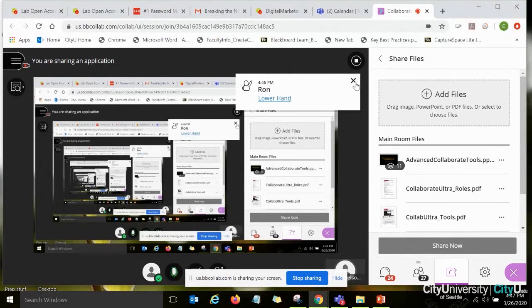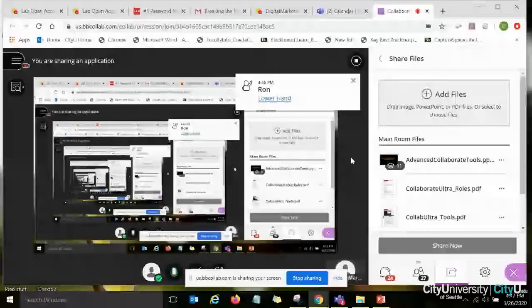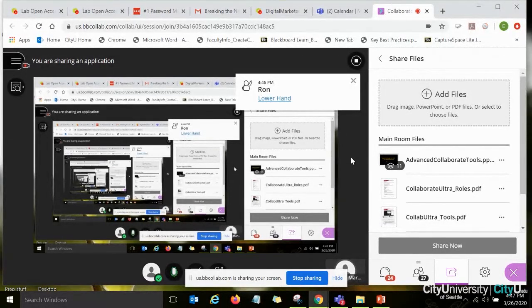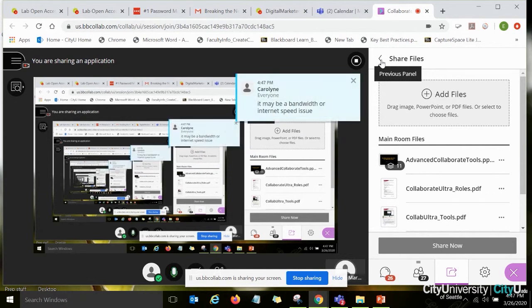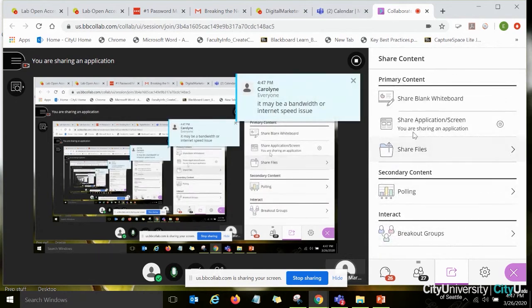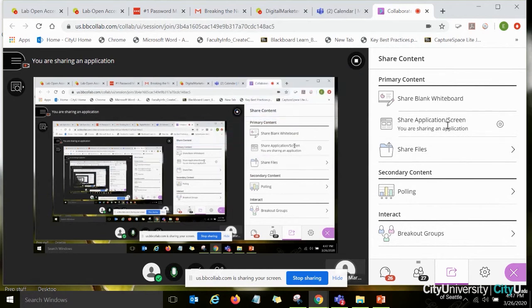So I will show you how you can share your screen. Imagine the amount of work you will need to do. You have 3 groups, right? You will need to jump into each group, and for each group, you will have to go through this setup. Let me show it to you, and you tell me if you want to do it, because I find it extremely complicated. You will need to go to share application. I'm sharing now, so I can't really do it again at the moment. Share application, and then you will